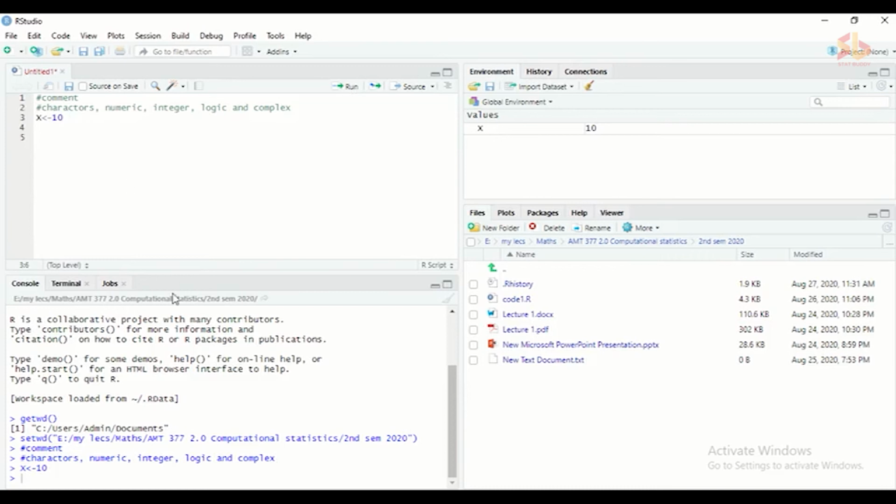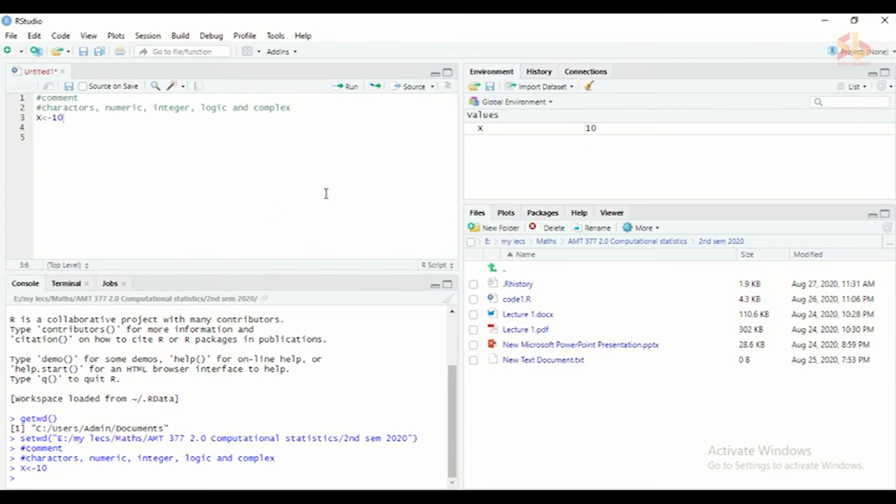After that, it will be executed in the console, and the values will be stored in the global environment, and you can see the name with the contents of the object. This is how it works, and you can save this one.